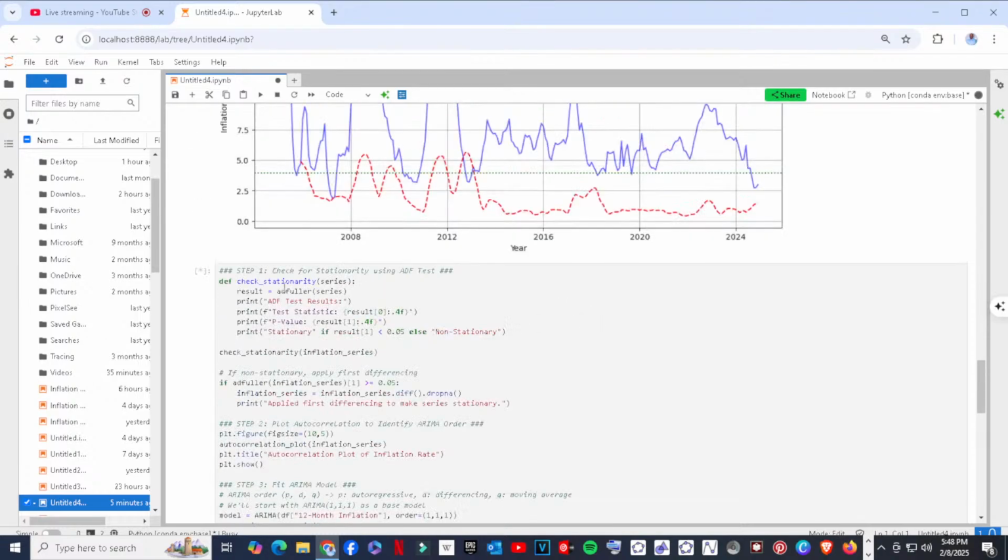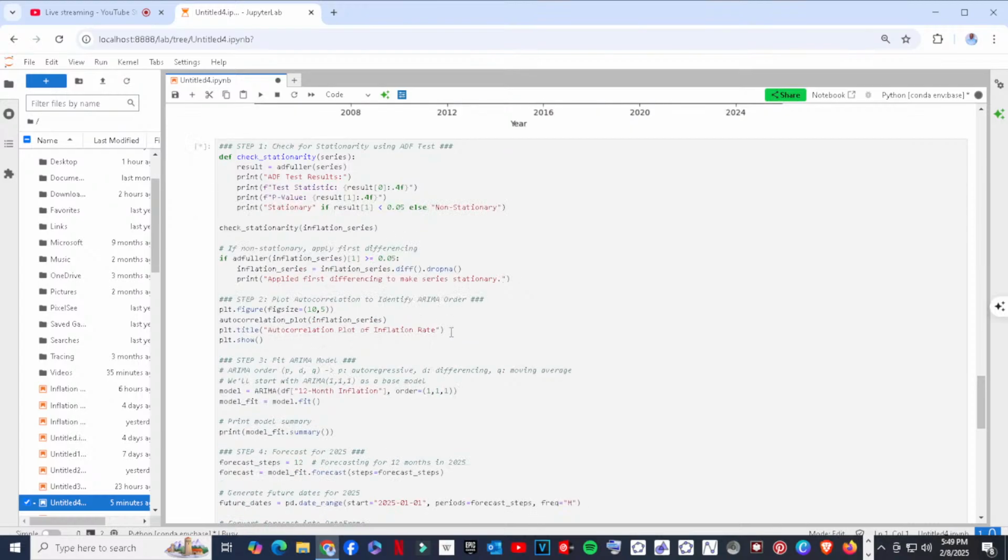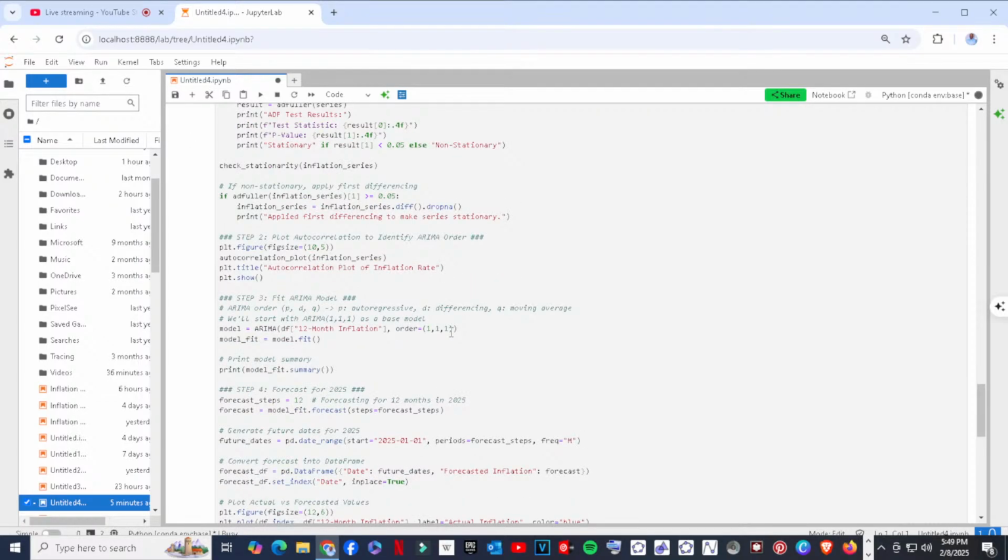So this code, as you can see, is made up of several commands. The first command here is checking for stationarity. The second is saying if non-stationarity is seen, then apply fast differencing. Fast differencing here, optimization, I think that is another class that if one is interested can book a different class. So then after that, you check stationarity in the inflation series, as we have seen. So then plot